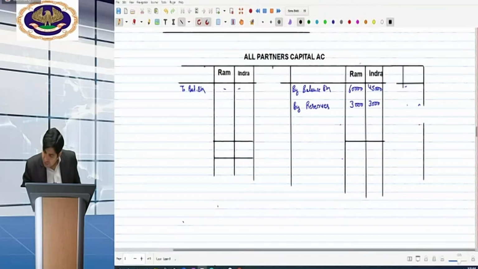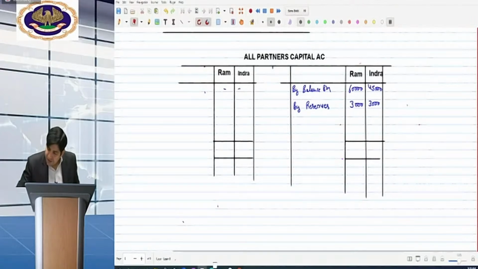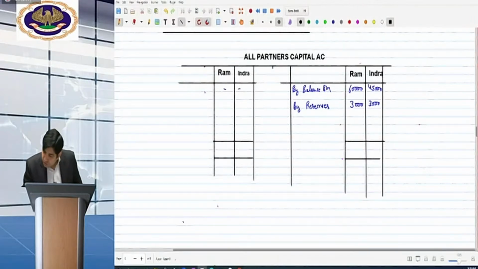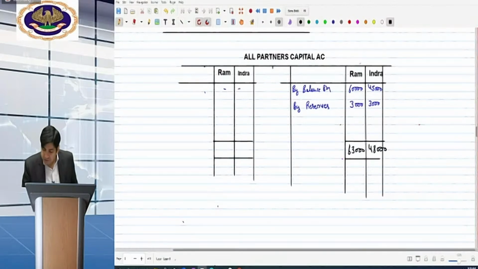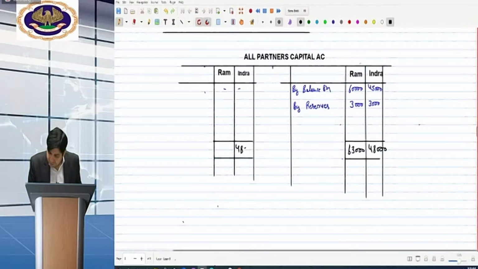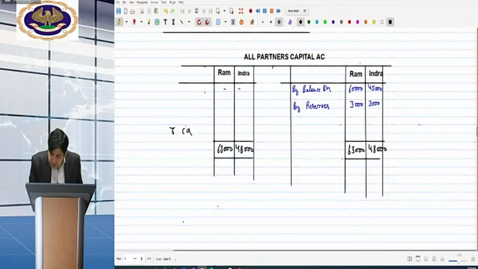What is the amount which can be called just before dissolution to decide the ratio. I'm sure if you go into the depth, then definitely you will not get any confusion. Even if in another question you find other types of figures coming from realization to the partner's capital account, like assets taken over by the partner, realization expenses paid by the partner, liabilities paid by the partner, you will still have the clarity that those are also to be ignored.